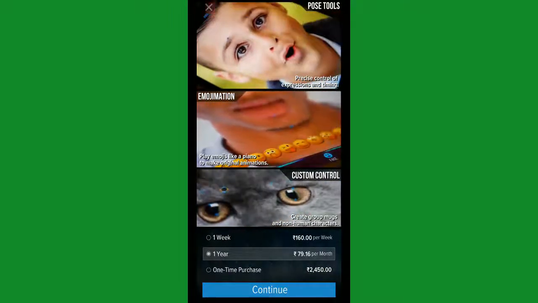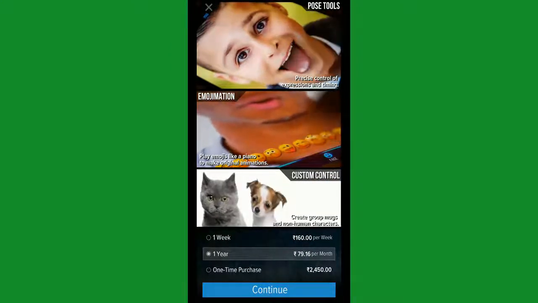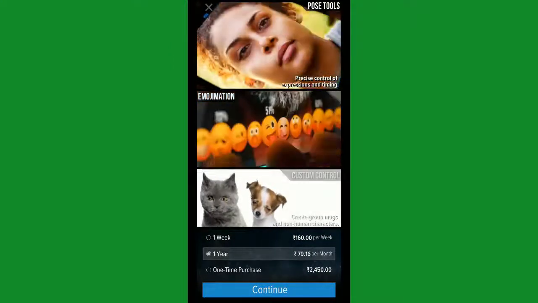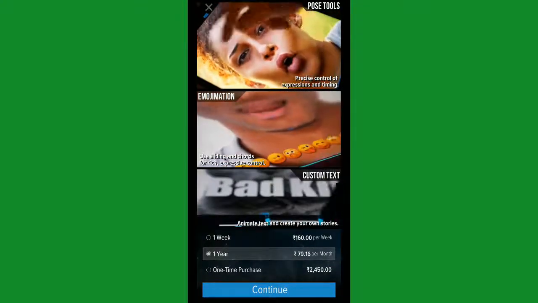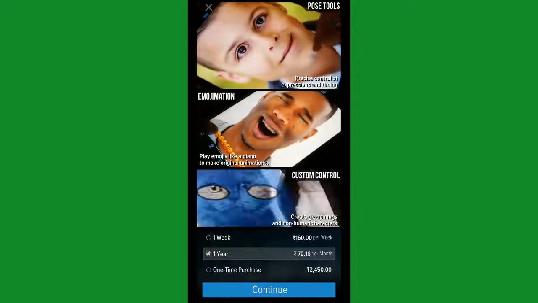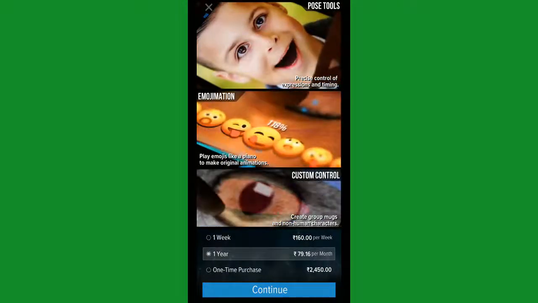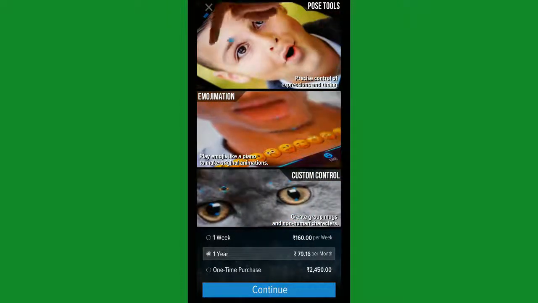It is not only applicable to human faces. Sometimes the application may not recognize the human face. In such a case, you can manually adjust the positions of the eyes, nose, lips, ears, so it can be recognized. The same feature is applicable to animals also.